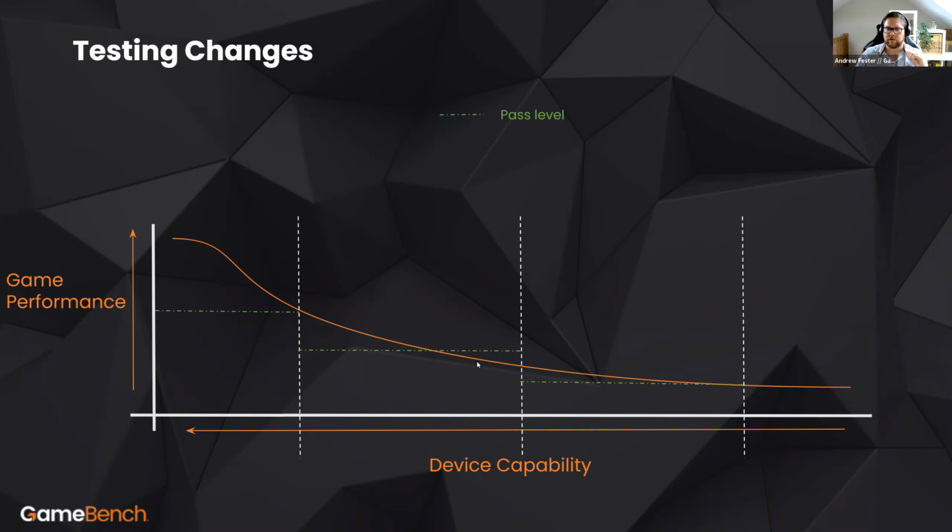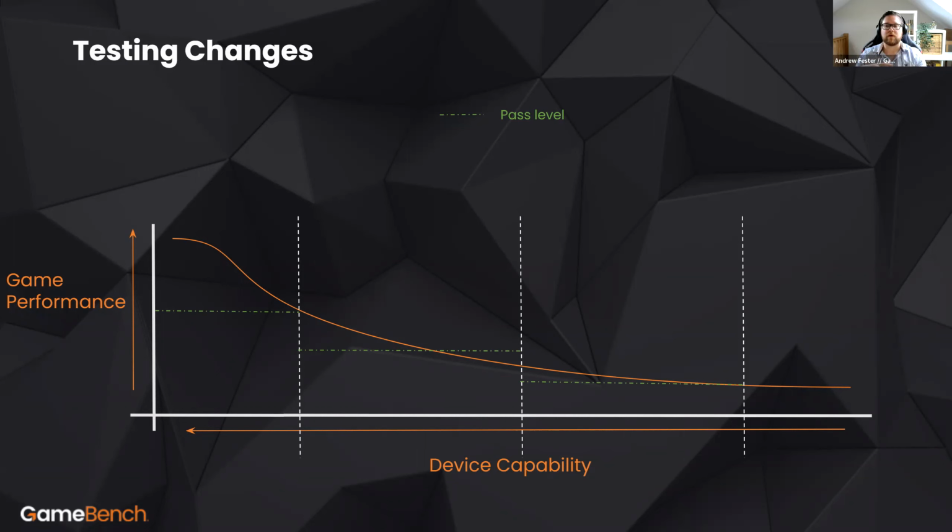Now you want to see all of the devices that sit on the right hand side of this segment here. What you're looking for is devices that should be performing well against the mid tier, but if they are dropping below your expected pass-fail, then these are devices to start targeting, because you'd expect them to work. And because they're mid tier, they could correspond with support requests that come in against your app, because people